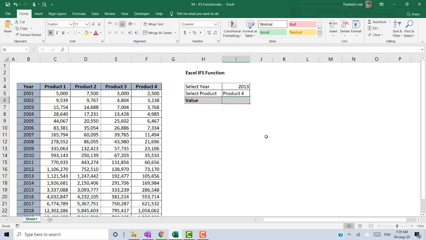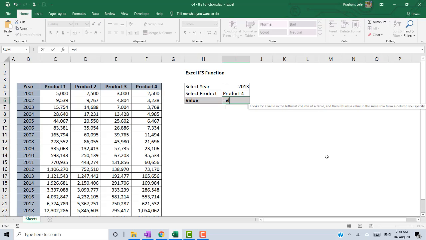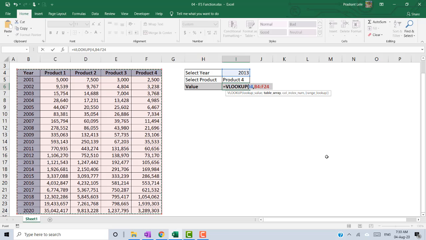For this, normally we use VLOOKUP. Here I will use VLOOKUP. Obviously you can use INDEX MATCH also, but since I am going to show you how to use the IF function, that is why I am using VLOOKUP here. I select the year from here, and then I select this whole table and press F4, then comma.